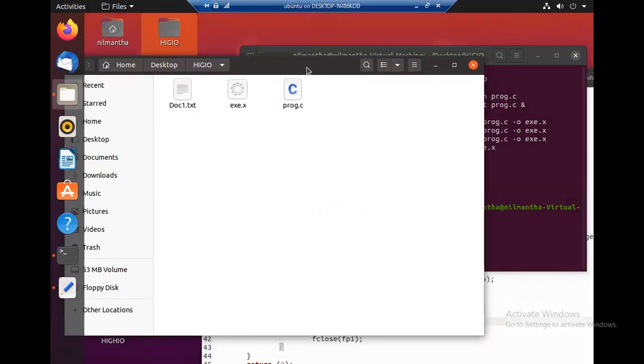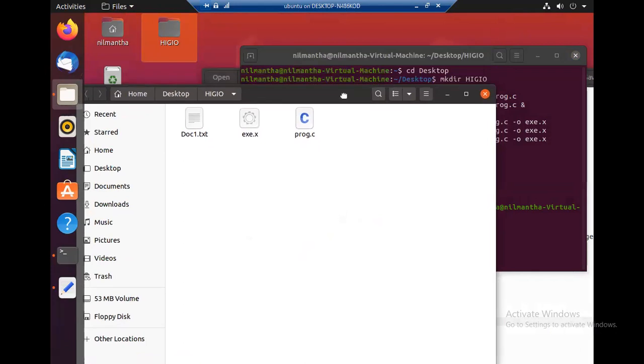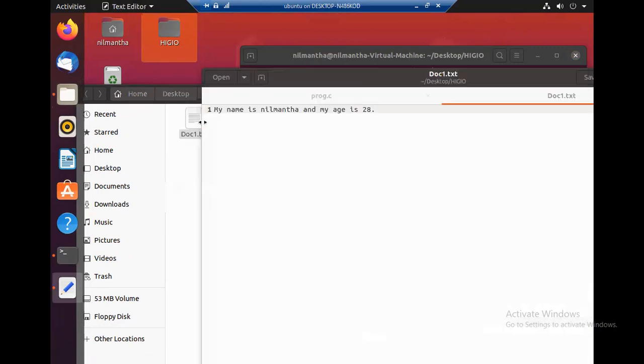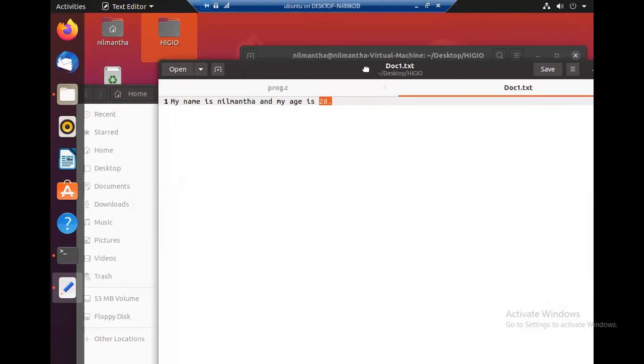So this is the directory that we are currently in. There is a file called doc1.txt. You can see what we entered has been successfully written to the file using fopen and fprintf.